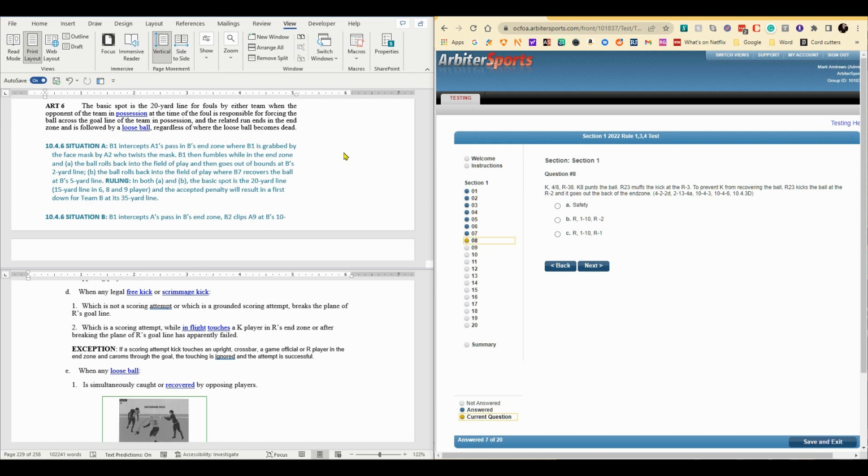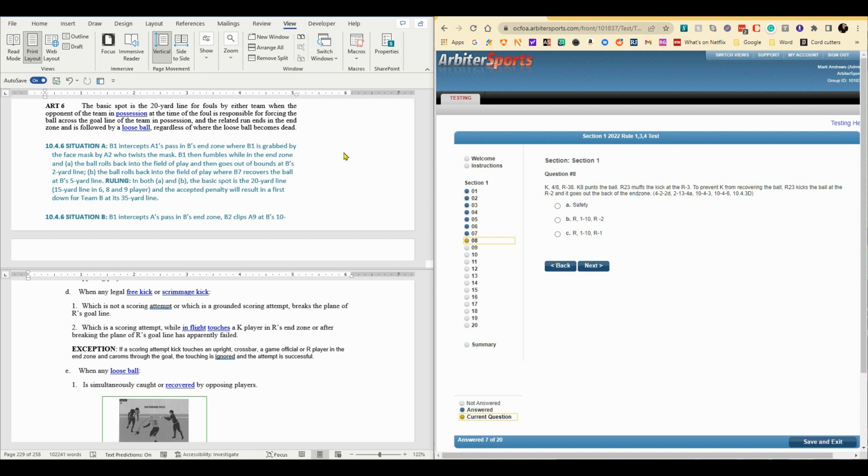when the opponent of the team in possession at the time of the foul is responsible for forcing the ball across the goal line of the team in possession, and when the related run ends in the end zone and is followed by a loose ball, regardless of where the loose ball becomes dead. Whew. Anyway, bottom line, the enforcement spot is the 20-yard line, but we have the all but one principle, which